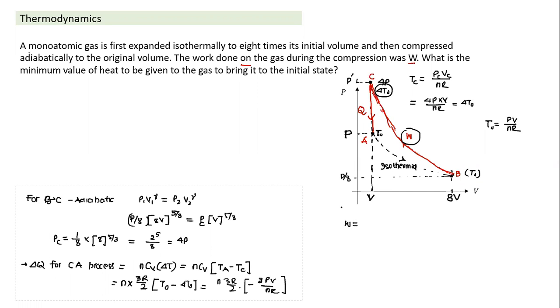In an adiabatic process, delta Q is equal to 0. Hence, work done plus delta U is equal to 0. So work done will be equal to minus delta U. And what is delta U equal to? That will be equal to n Cv times delta T, where delta T is the final temperature minus the initial temperature. Final temperature is 4 T naught. Initial temperature is T naught. You find both values are equal in magnitude. So here also the heat given will be equal to the negative value of work done.